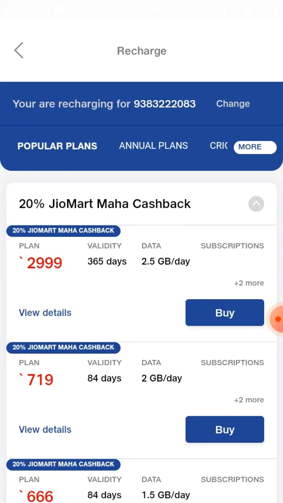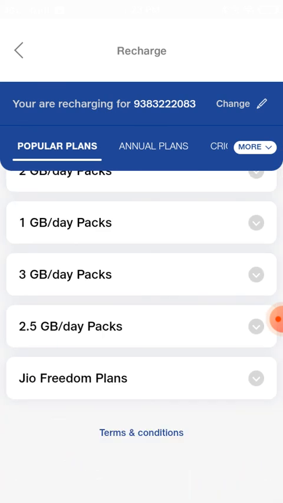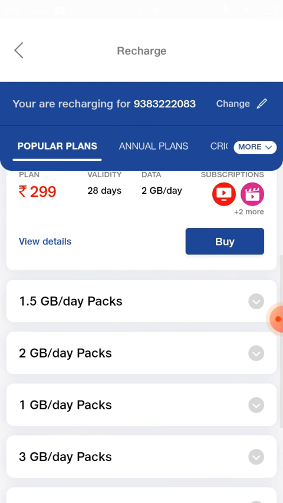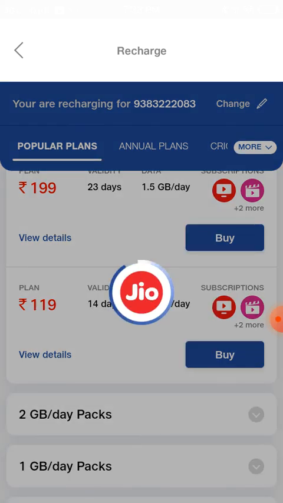It will take time to load, and here you see the plans for 2.5 GB, 3 GB, 1 GB, 2 GB, 1.5 GB. Let me recharge 1.5 GB per day for 14 days, 119. Click buy,